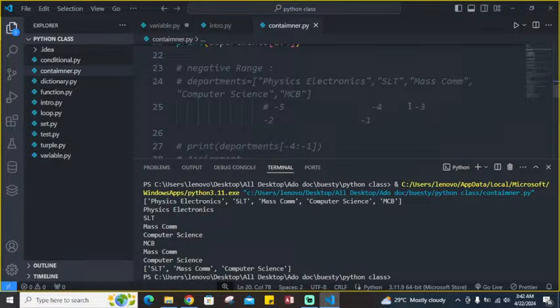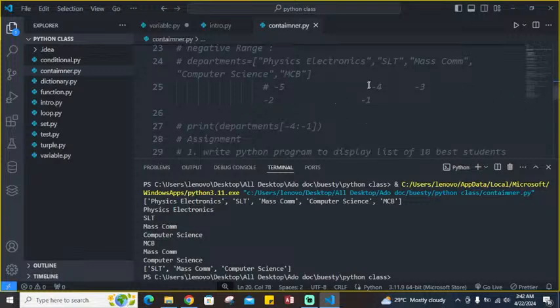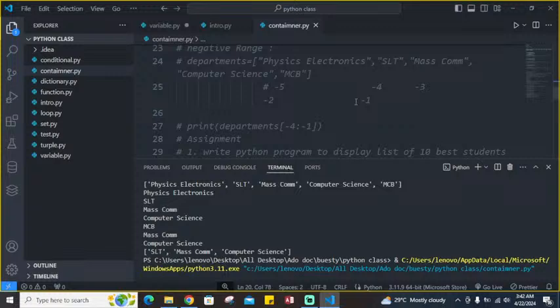So let's look at what we are going to be having. I'm going to be having -1. The value after -1 is 0, right? Okay, and after -1 is 0, then before -1 is -2. So it's going to stop at -2. So I'm going to have -2, -3, -4. So SLT, mass com, and computer science is still going to be printed out if I run this for negative